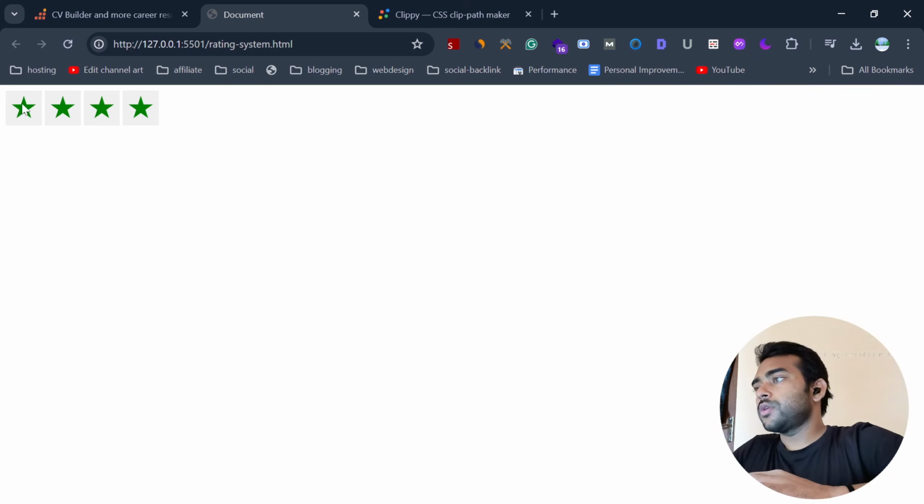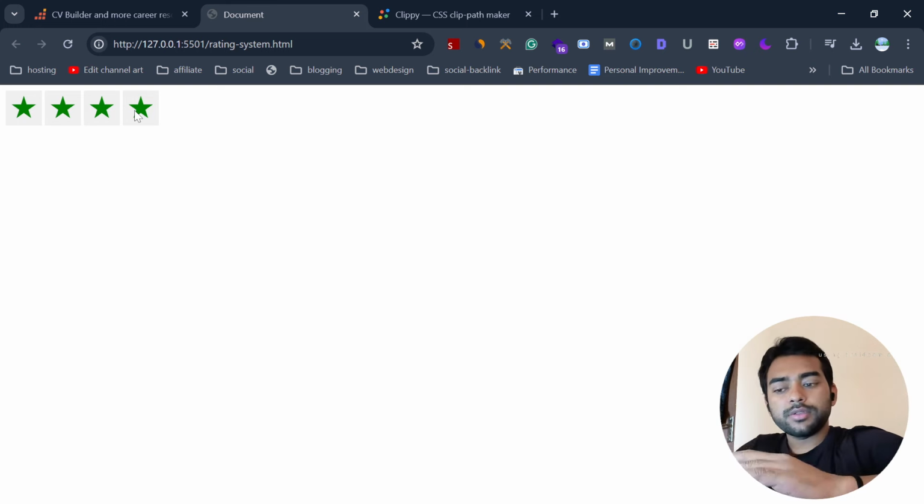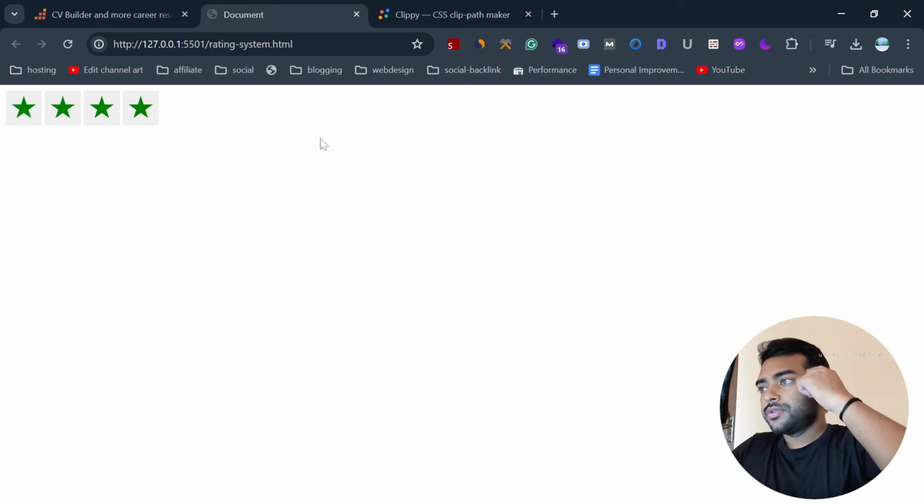Now we have to add these stars based on the function. We have to add a rating dynamically. Like we want to pass the gained rating and total rating, and based on that it will show the UI on the front end. So